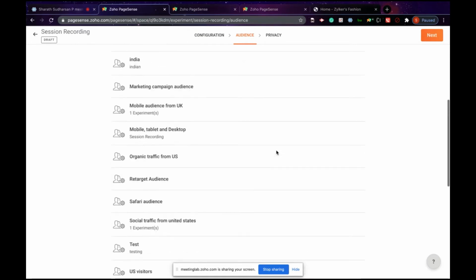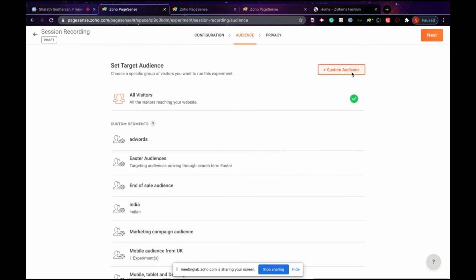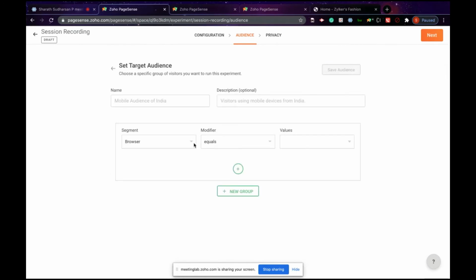Apart from this, we do have custom audience as well, in which you will be able to create an audience based on your own requirement. For example, if you check the preset segments, you would only be allowed to choose any of the segments being displayed. But here in custom audience, you will be able to create one based on your own requirement.